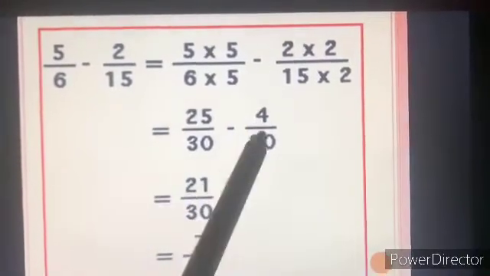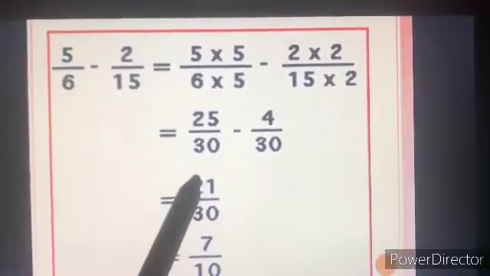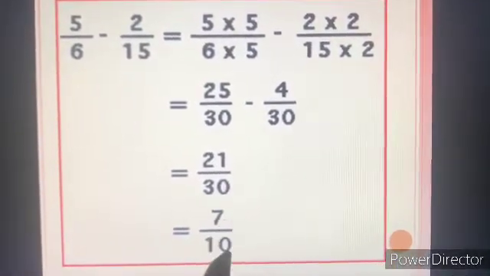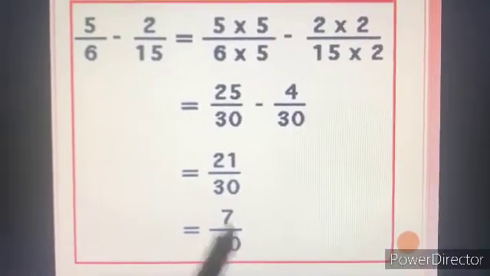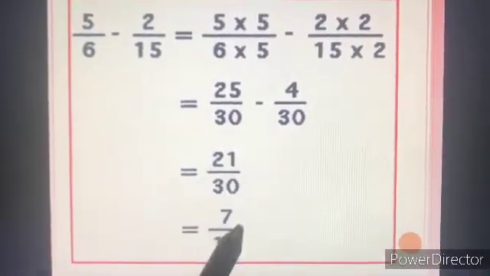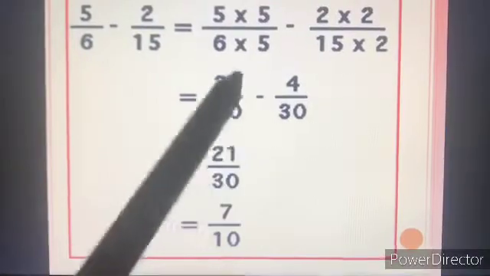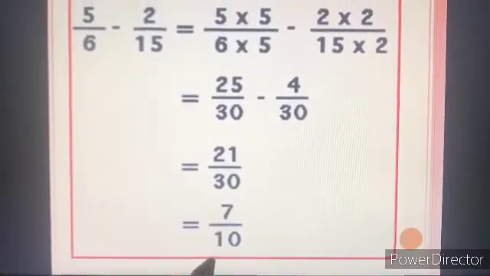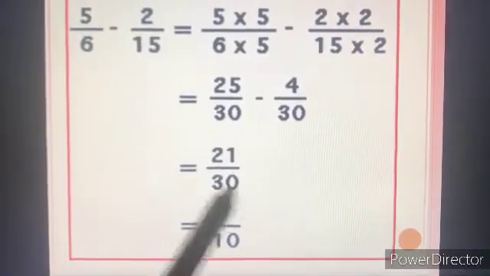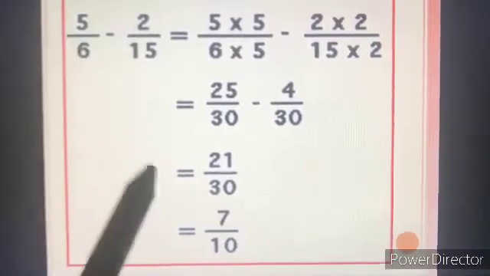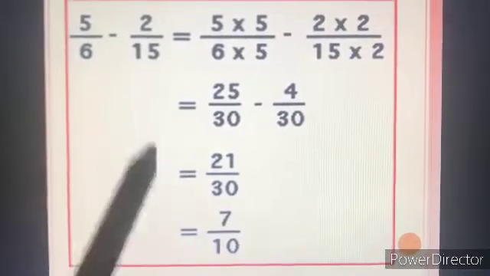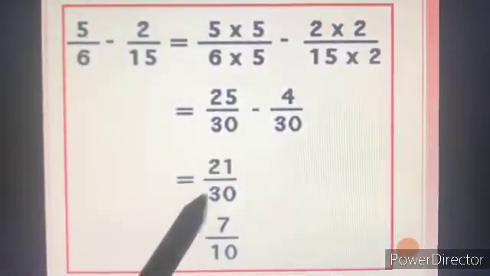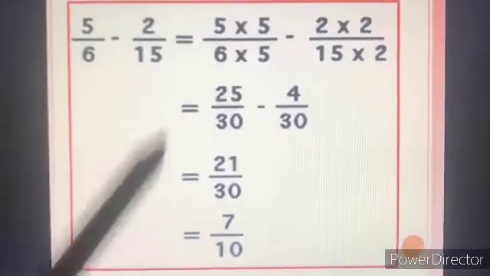subtract 4 from 25. It will be 21. Now I can simplify my answer. See, remember in multiplication and division, I told you we will leave our answer in the simplest form. How much we can reduce, we will reduce the answer. See here, we reduce the answer. It is not a new thing. You all have already done this. I told you in many places, many times how to reduce the answer, how to simplify your answer.